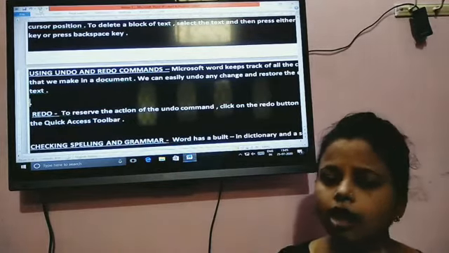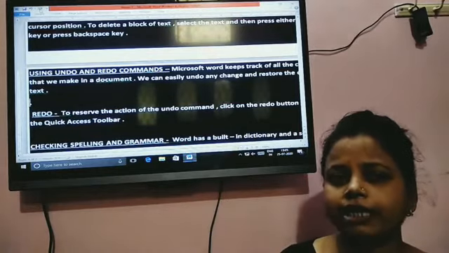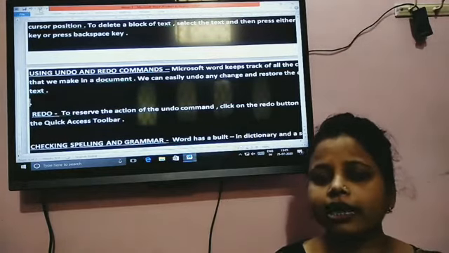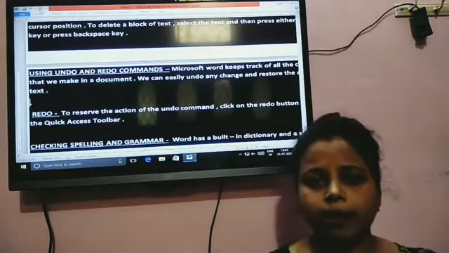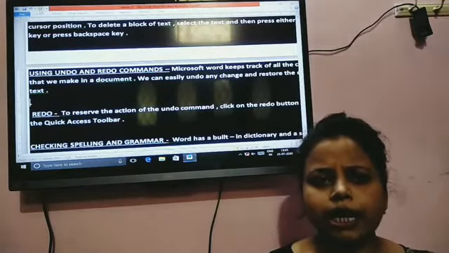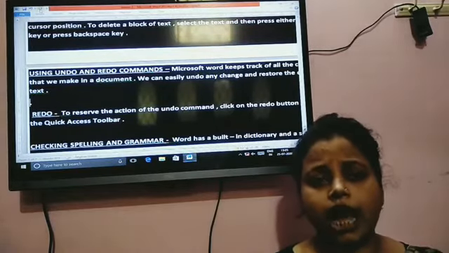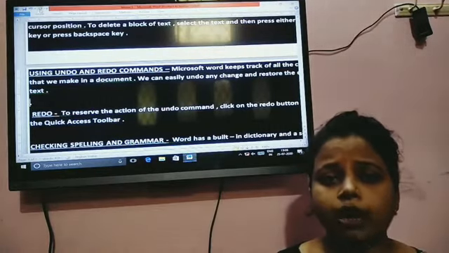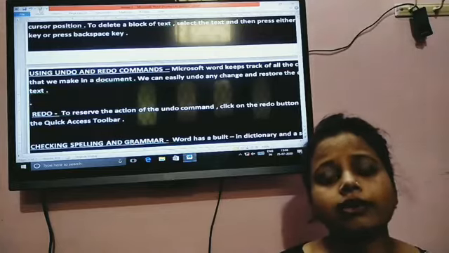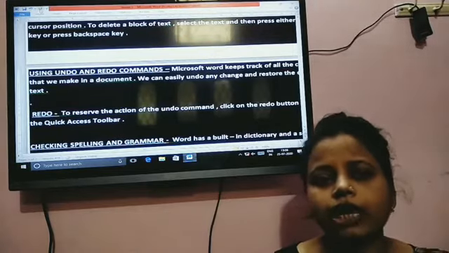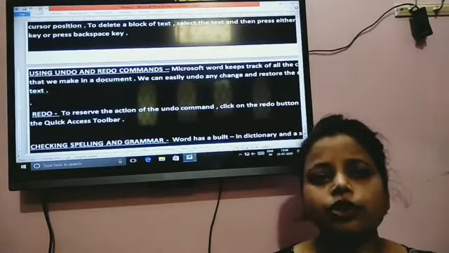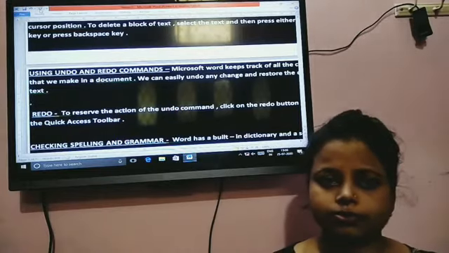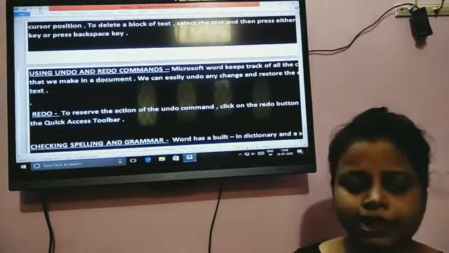What I have deleted, I can get back using the undo command. But if something comes back by mistake using the undo command, in that situation we can use the redo command to reverse the undo action. Okay, students?